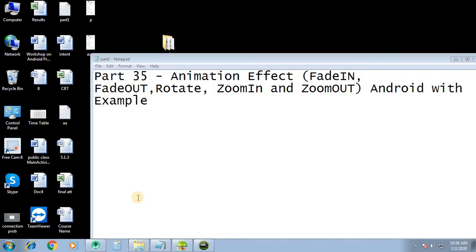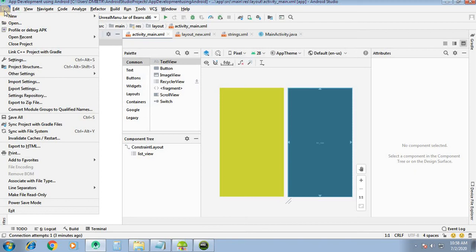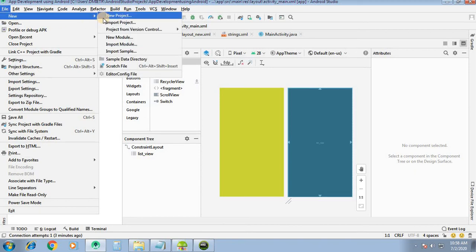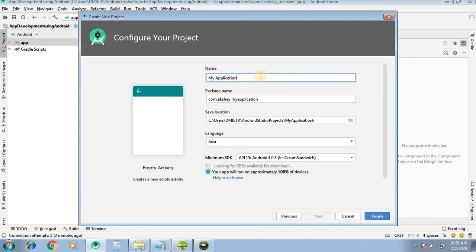Okay, so now open your Android Studio. From File, New Project, Empty Activity, Next. Then here give the name of your application, my animation new, whatever you want to give.